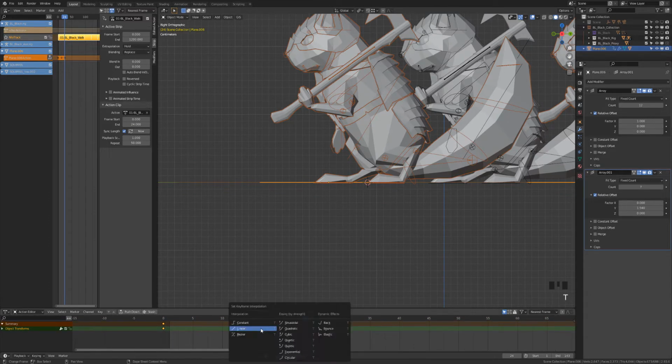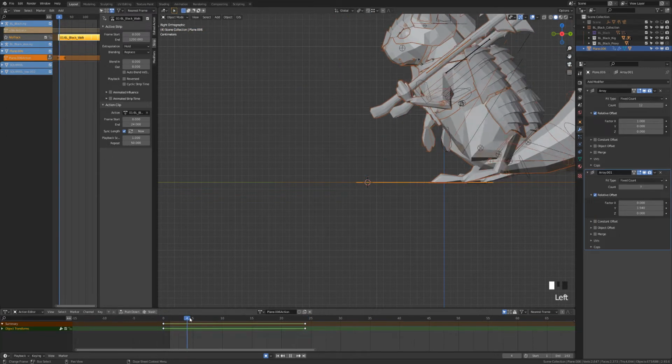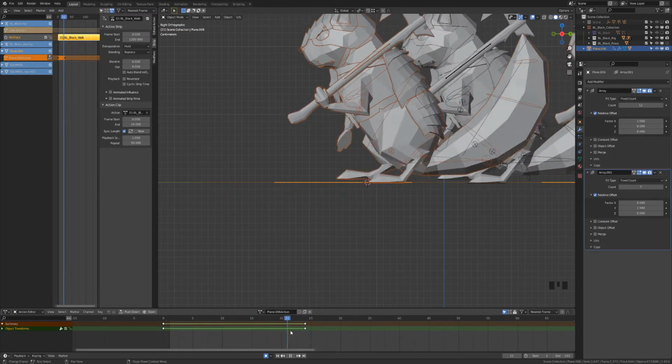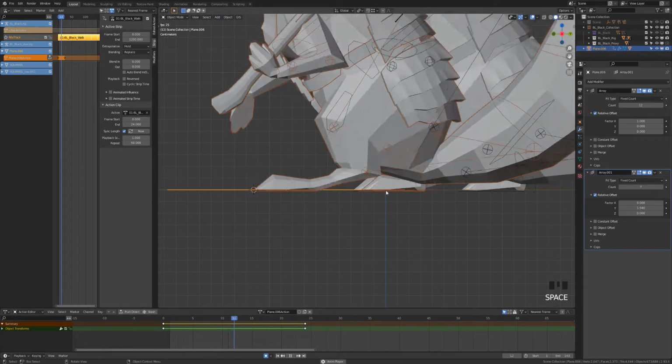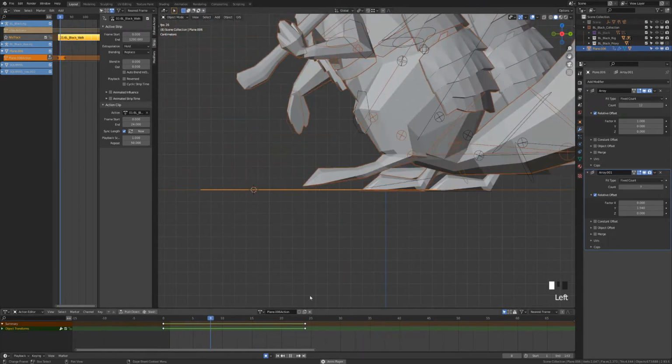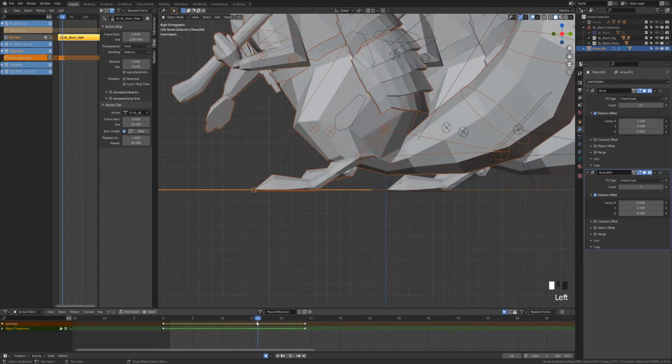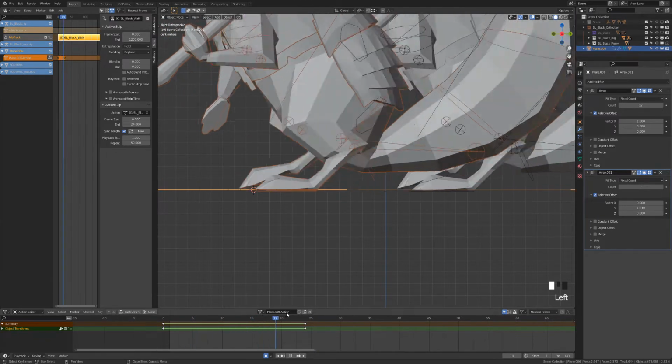keyframes, press T, and set the interpolation to linear. Now I can delete the middle frame, and now we see our character moves forward, and it looks nice. So the feet stay in place when he moves